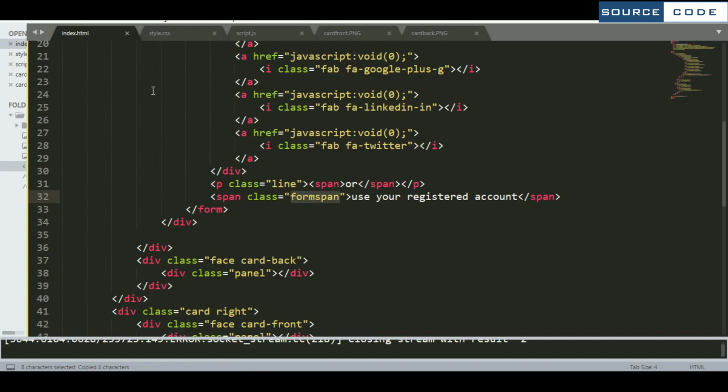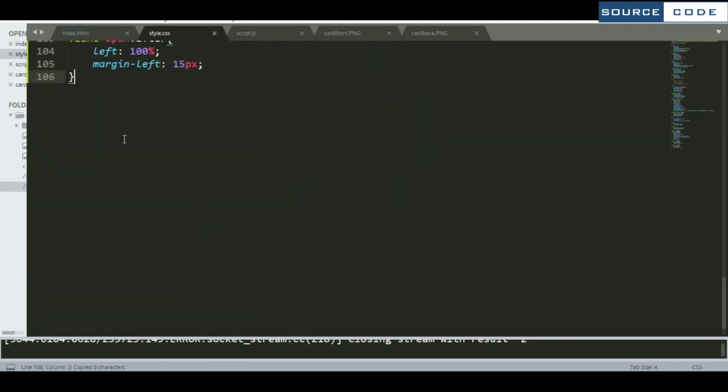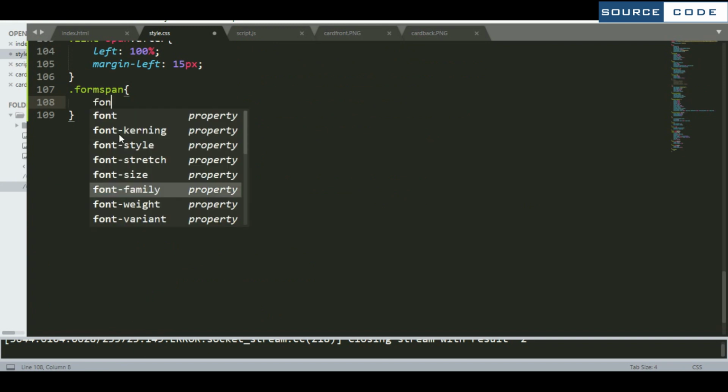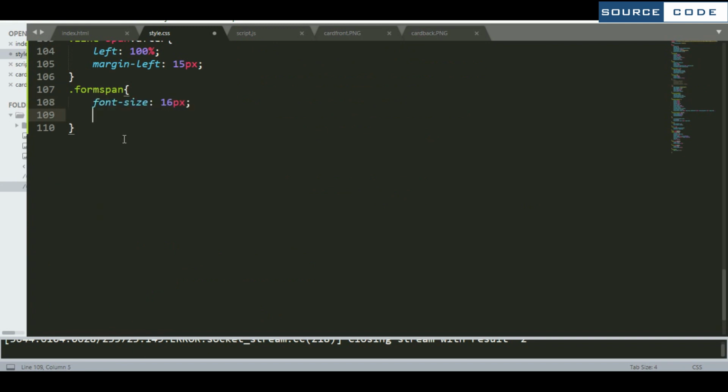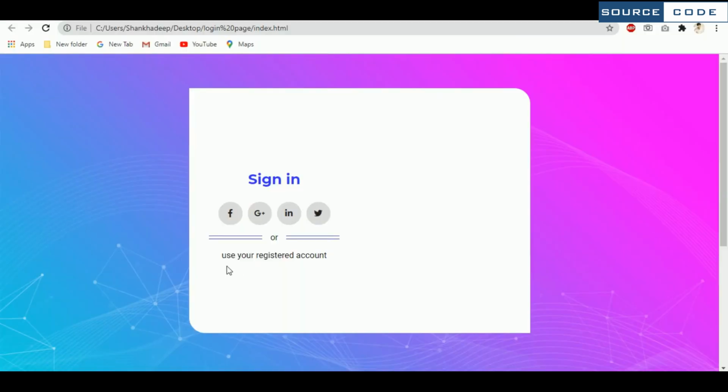Come to the CSS part. Now first of all set the font size here. And give a margin here. So I'm taking 5 pixel. Now let me show the result. So here we have got this one.